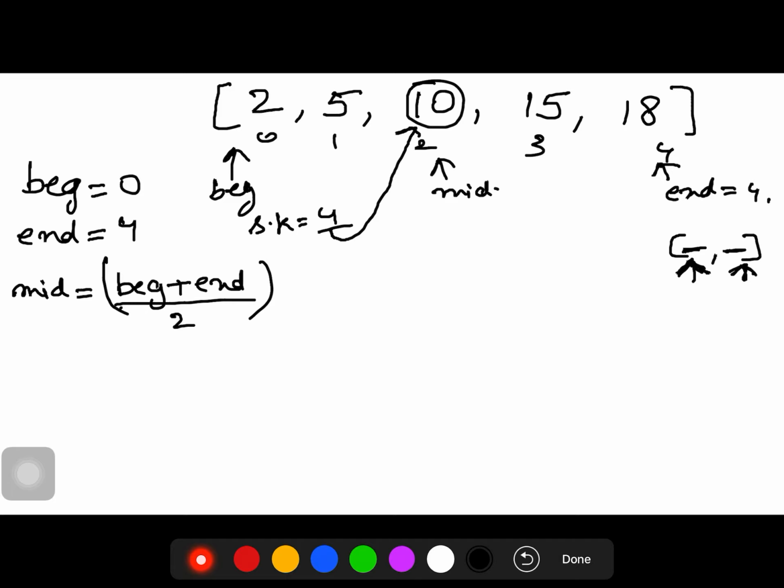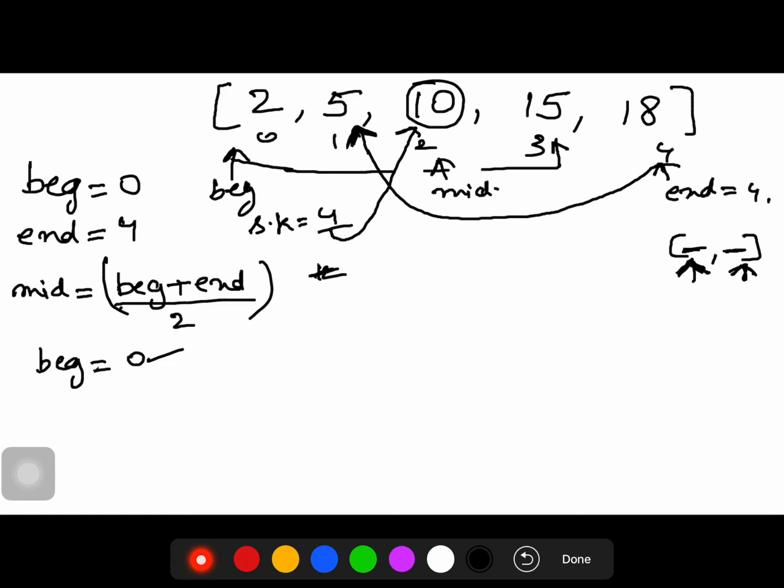If our search key is less than this mid element, we will change the location of end to the element before mid. If our search key is greater, say the search key is 12, we will change the position of beginning to point to an element which is ahead of mid. Now we will change the position of end to this 5.